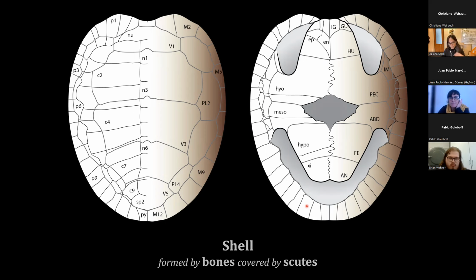For example, they have impact in how the turtles move, how they reproduce, how they breathe, and in many other aspects. And maybe as well, the presence of the shell